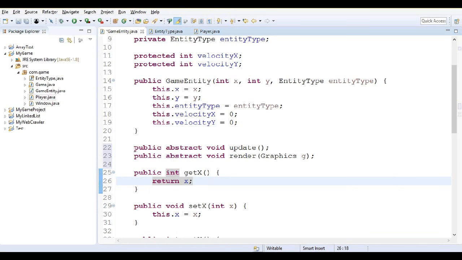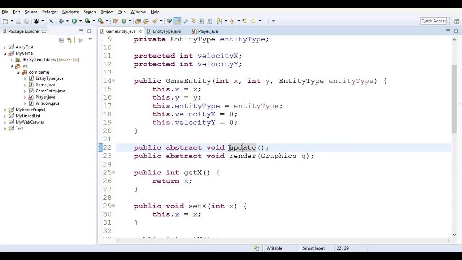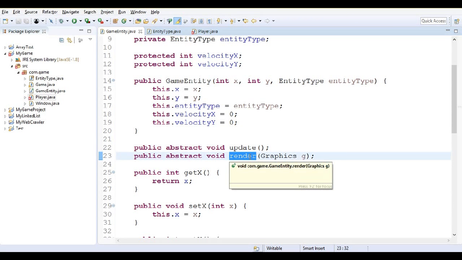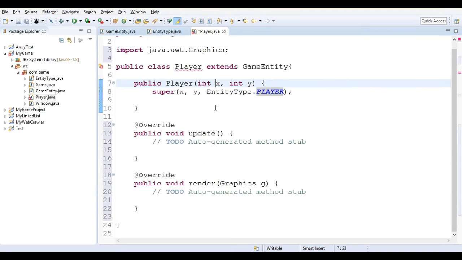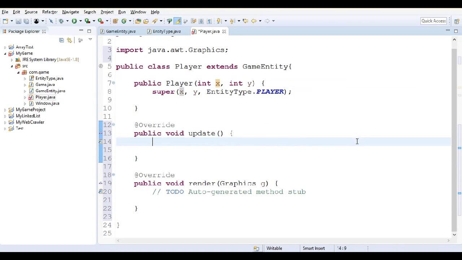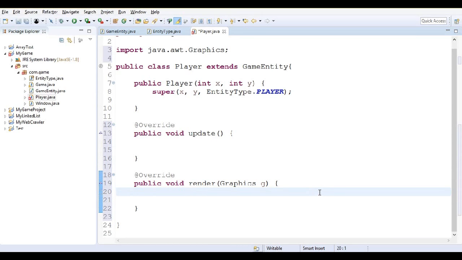So we are adding these two abstract methods right after the constructor. Every object in this class, let me import from graphics, good. Every child of the game entity should implement update and render. Update will basically do the logic of the current location, and render will basically write this logic on the game window. So in our game entity class, we will be asked to add these unimplemented methods, update